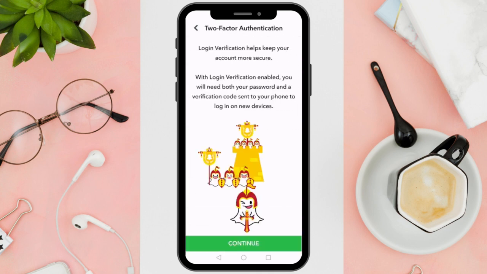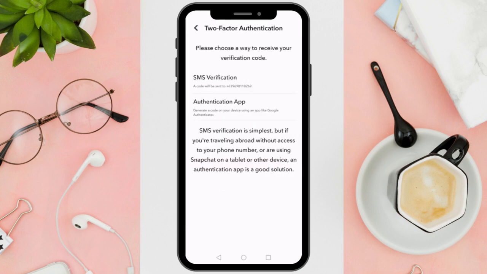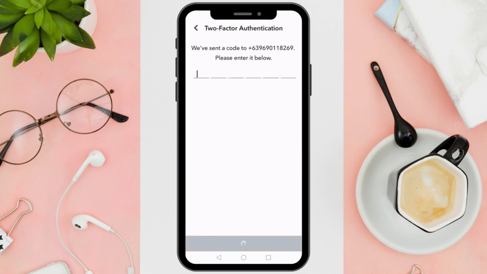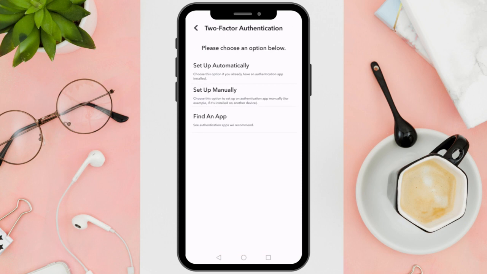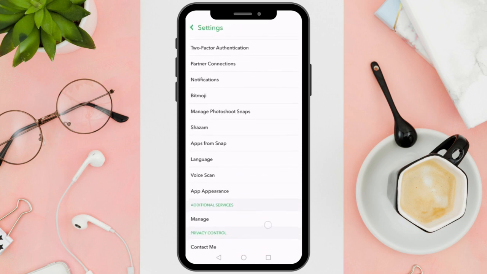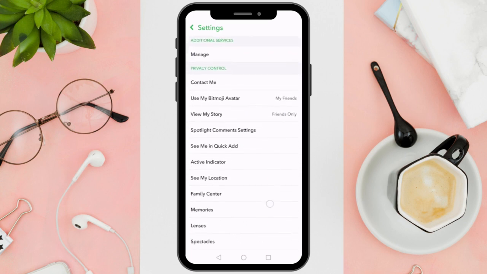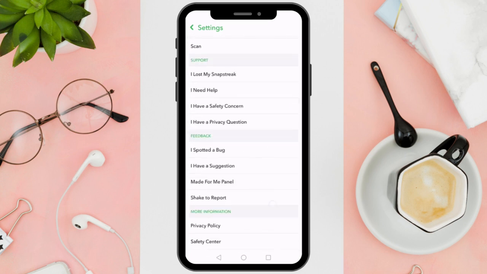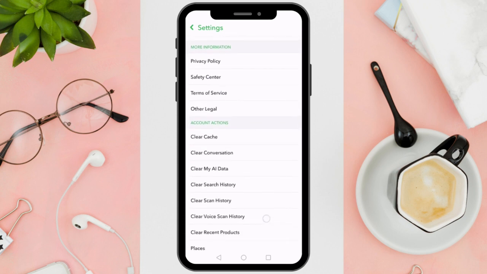If you haven't already, make sure to enable two-factor authentication for your Snapchat account. This adds an extra layer of security. After enabling two-factor authentication, scroll down and find the option Forget Devices. Tap on Forget Devices, and in here, you'll see a list of all the devices that have access to your